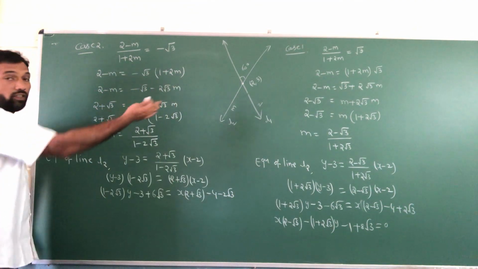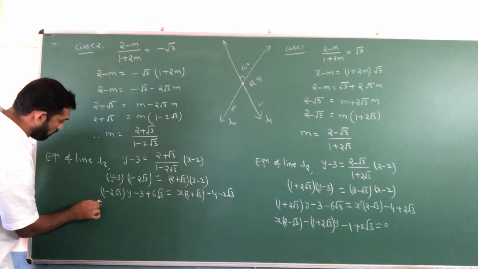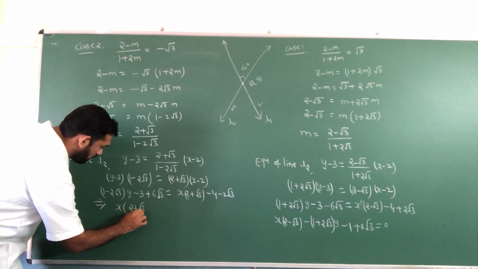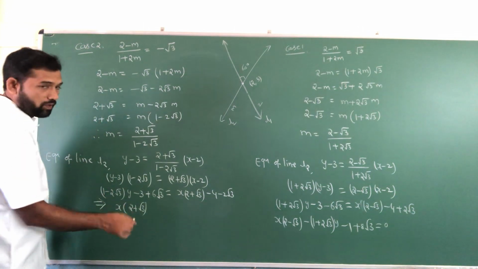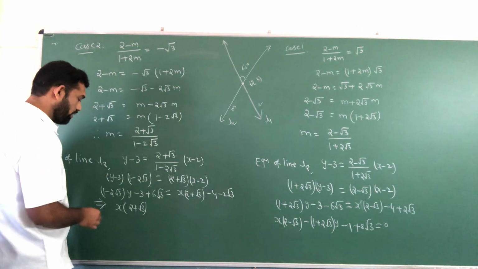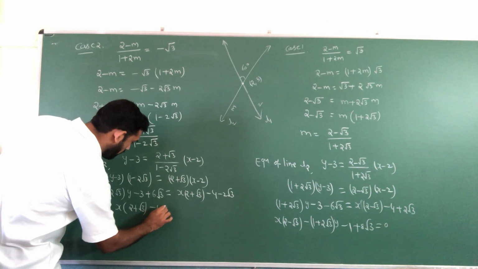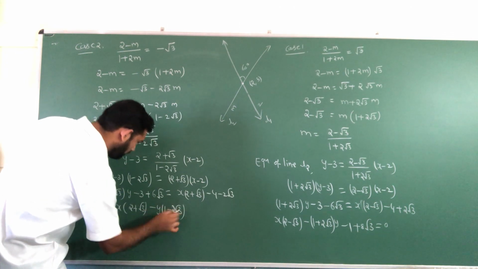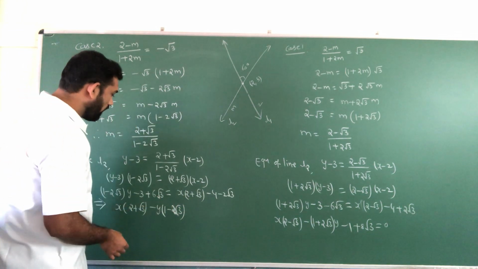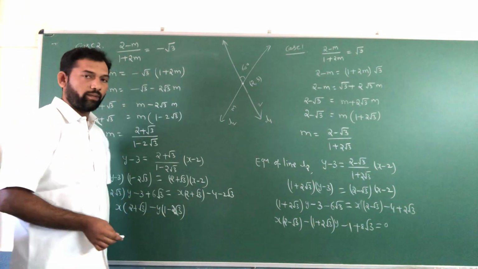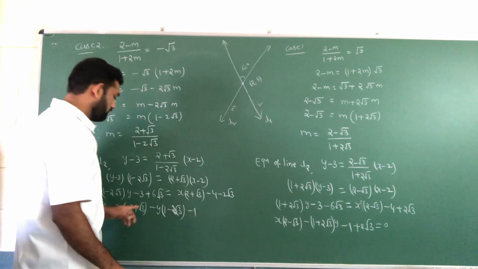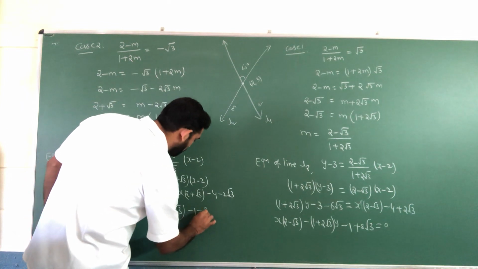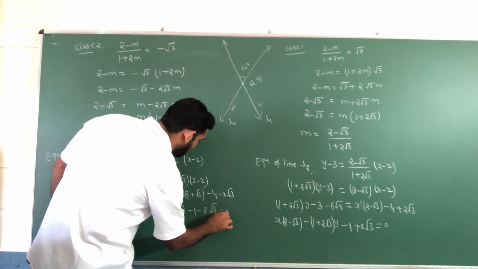Again you write all values on the RHS side, so you have to write the direct answer. So x of (2 plus root 3), you don't multiply. X is multiplied with the 2 plus root 3, do not multiply. As it is you write, next minus y of (1 minus 2 root 3). Again what happens? This minus 3 on that side means minus 1. Next this value 6 root 3 minus 8 root 2. So that is our solution.